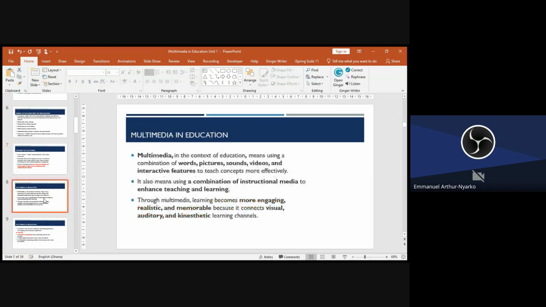We are not doing just multimedia. We are saying that multimedia uses a combination of instructional media to enhance teaching and learning.